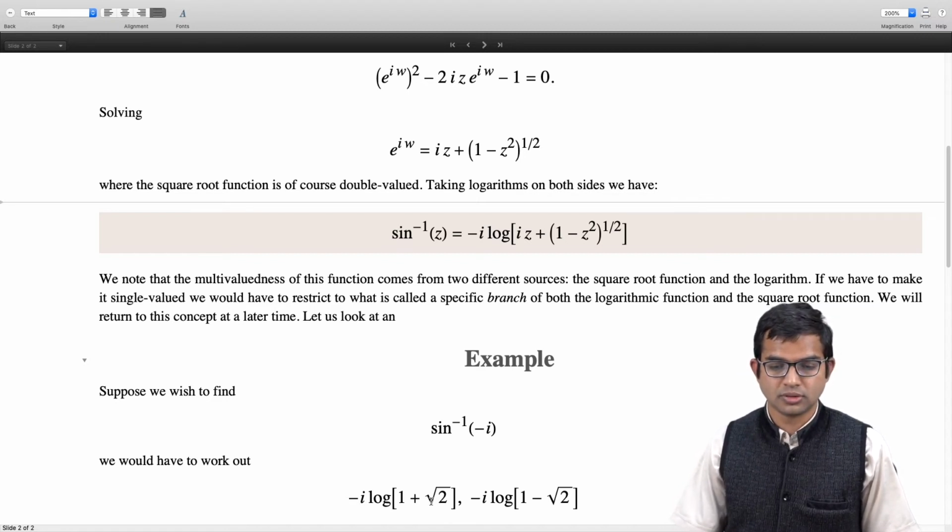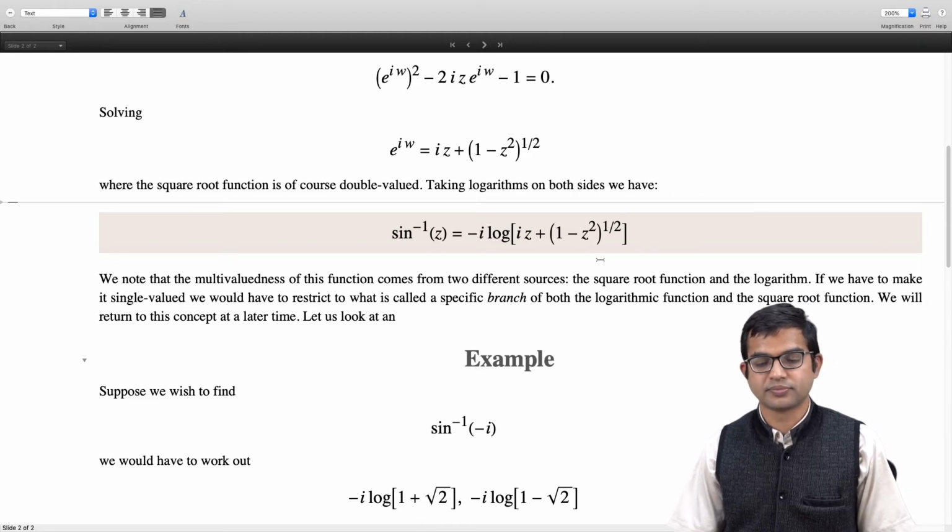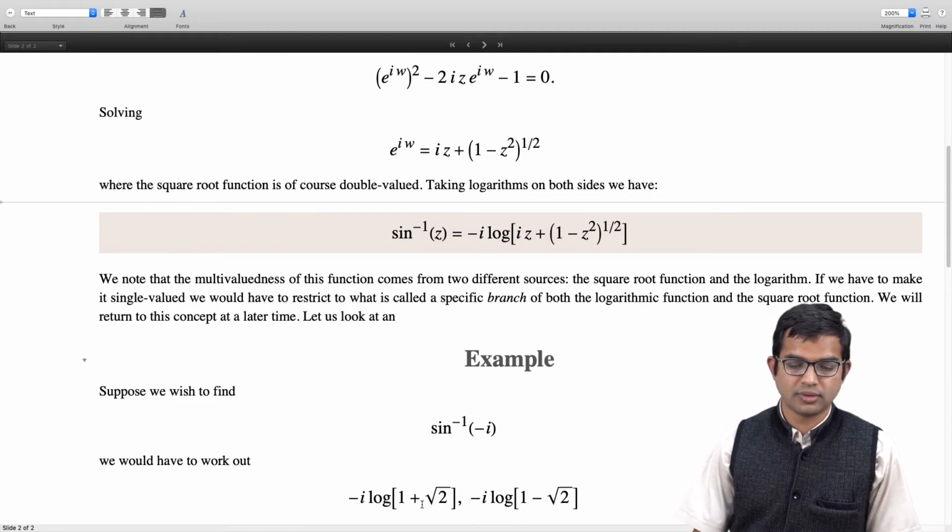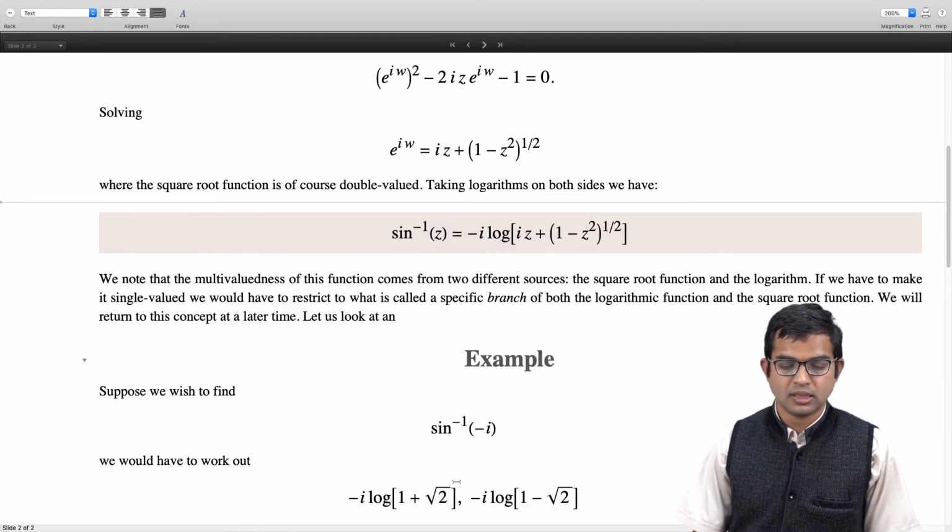Now, the square root 2, of course, comes from the fact that when I do 1 minus z squared, z is minus i, so i squared is minus 1, so that's going to give us square root 2, right? And we have a 1 sitting here. So indeed,